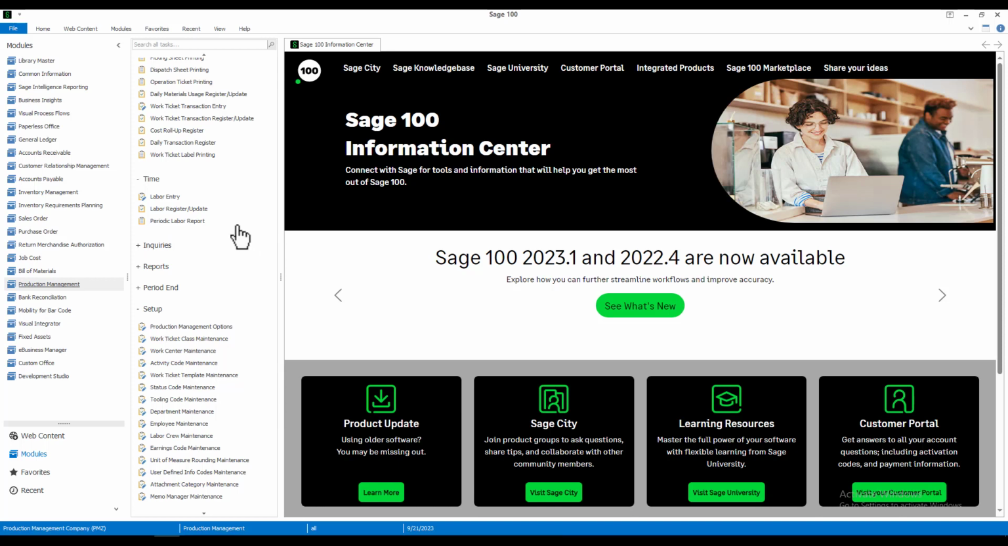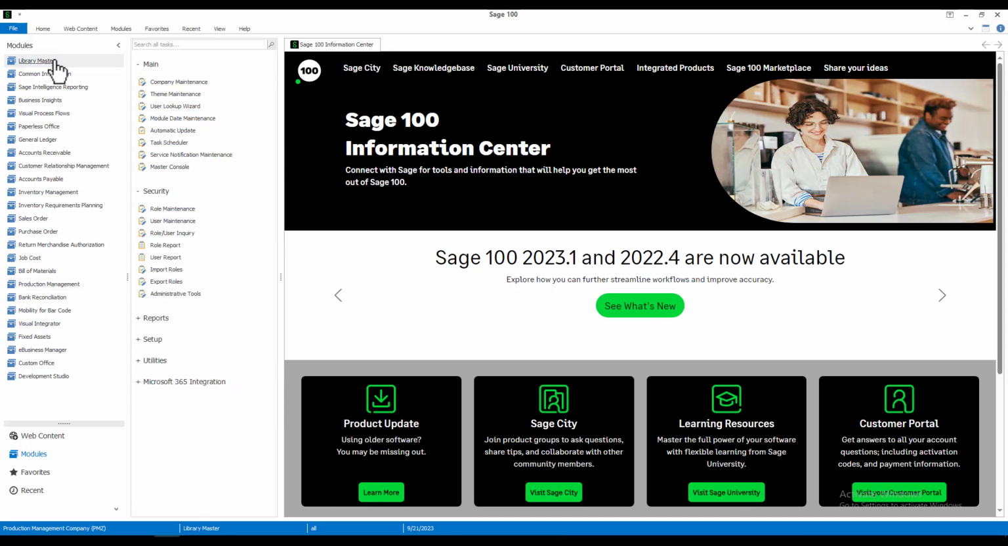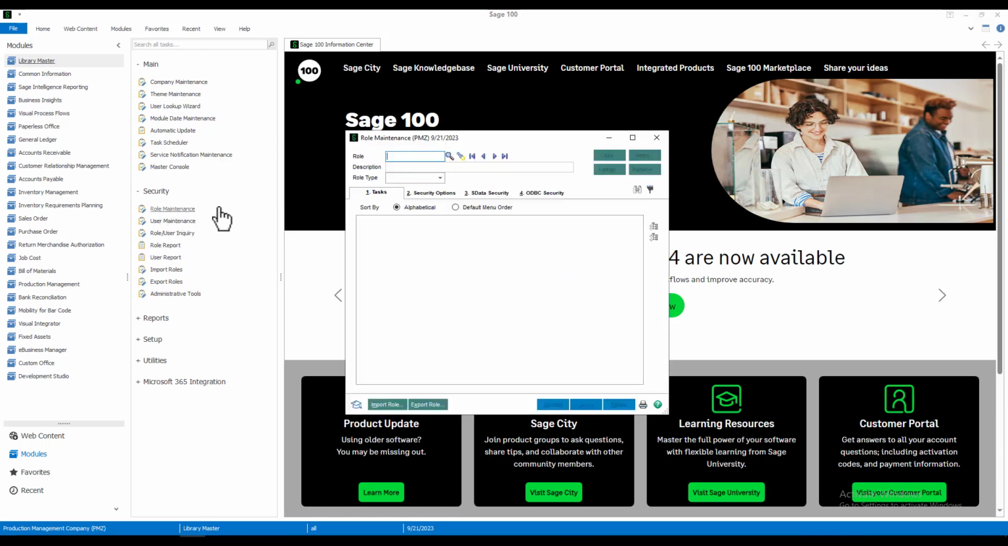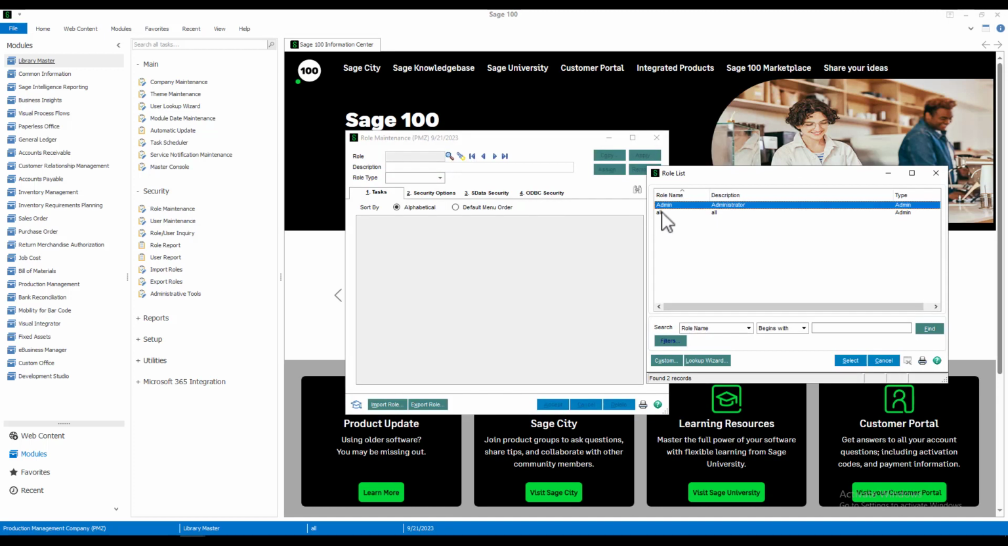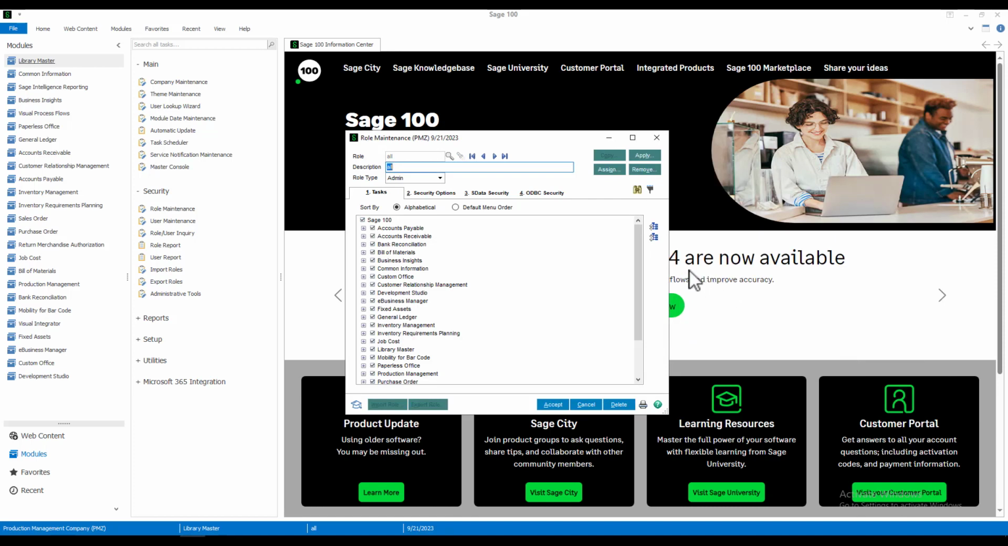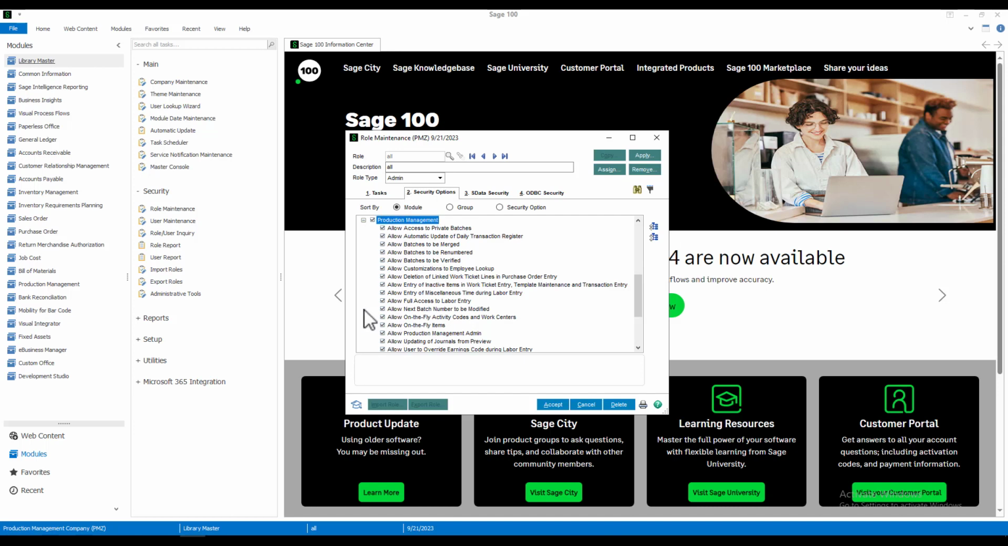First, under Library Master, in the Security menu, we have to go to Role Maintenance, pick the role that we want to set this up with, and under the security options, we're going to expand production management and make sure that allow full access to labor entry is checked. And you can see ours is already set up that way. So we'll cancel out of here